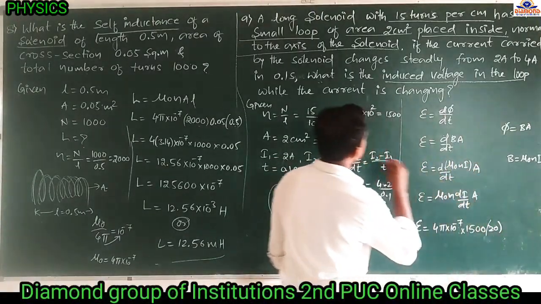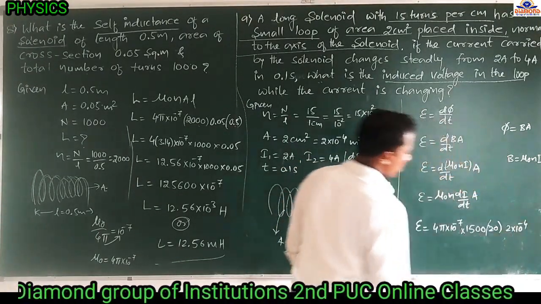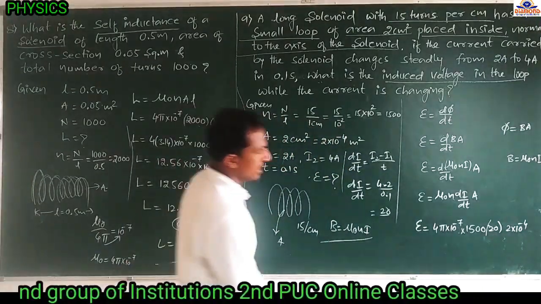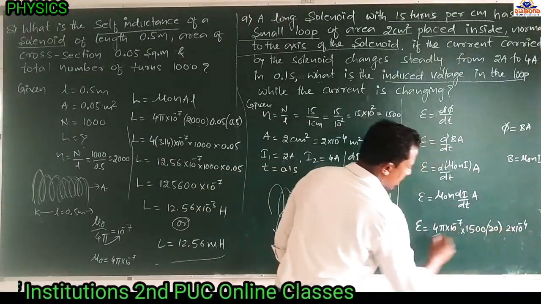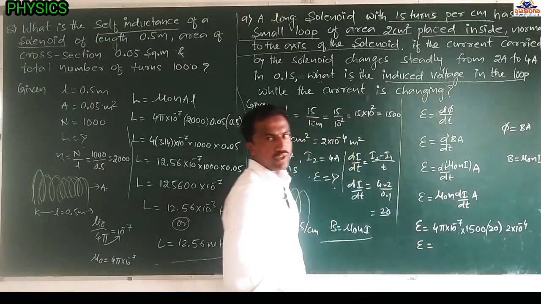What is the area value? We are writing 2 into 10 to the power of minus 4. If we multiply all the terms, then we get, with pi value 3.142,